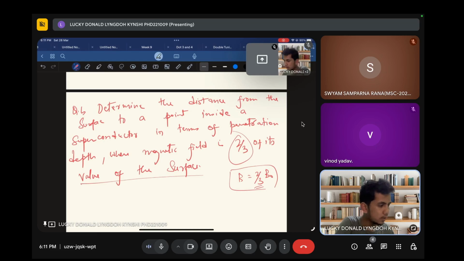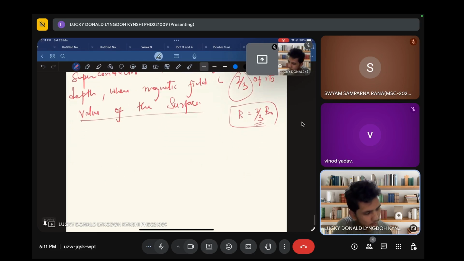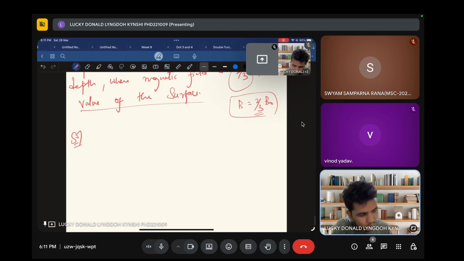And since I have shown you that the magnetic field at a distance x is equal to the field at distance 0, B naught, times e to the power minus x divided by lambda. Okay, where B naught is here